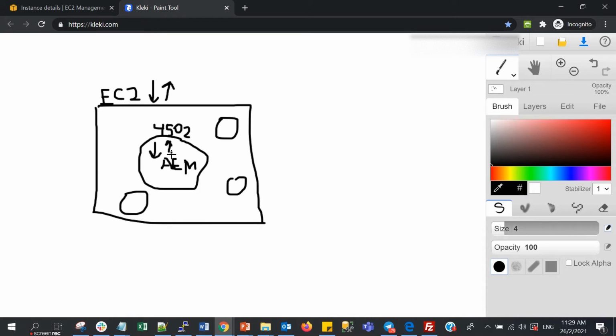If we don't want to bring up AEM manually, what we need to do is set a cron job that triggers upon VM reboot. So this cron job will automatically bring up AEM when the EC2 is restarted.